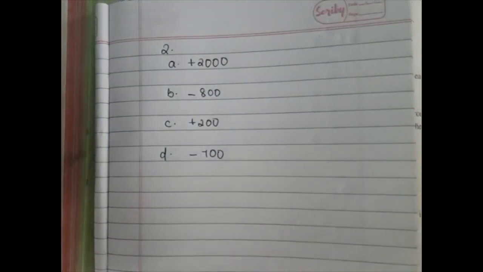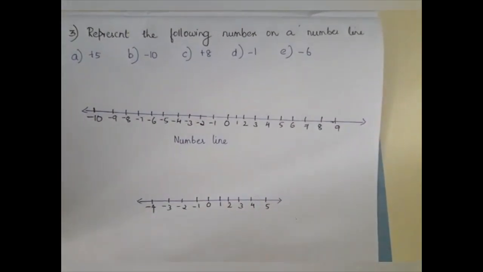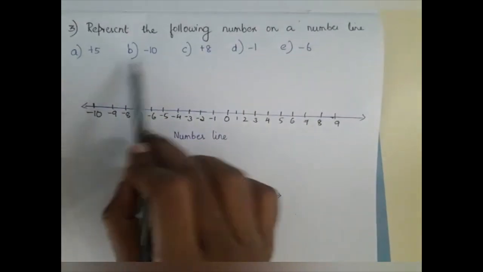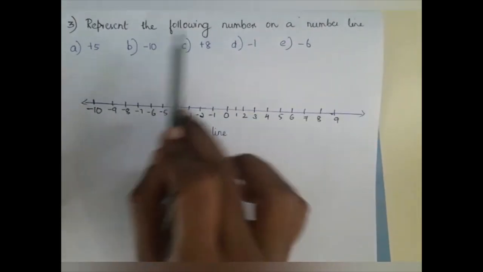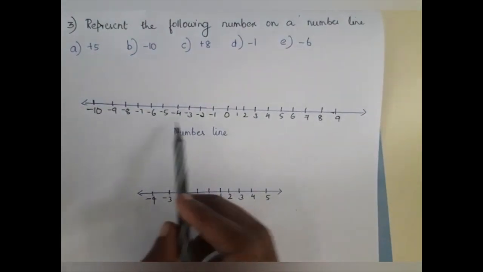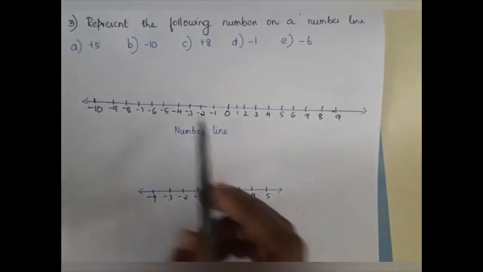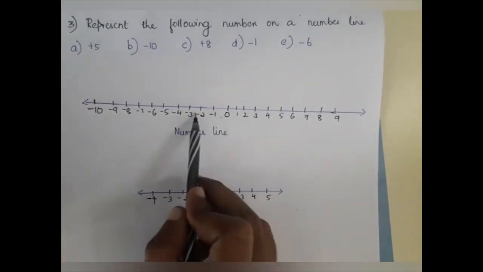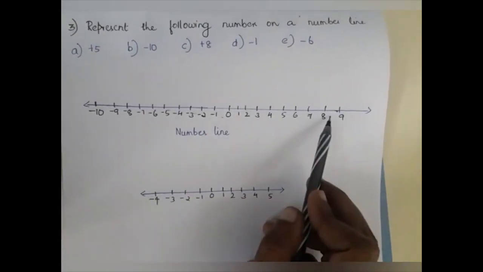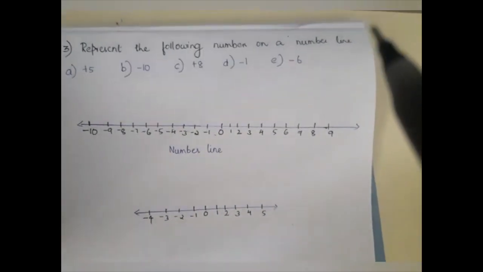That was also an easy question. So third question is represent the following numbers on a number line. So 5 questions are given here. You have to represent it on a number line. So last class we have learned what is number line. That is number line, the numbers to the left of 0 are negative integers and numbers to the right of the 0 are positive integers. So either you can draw the number line in a single one.